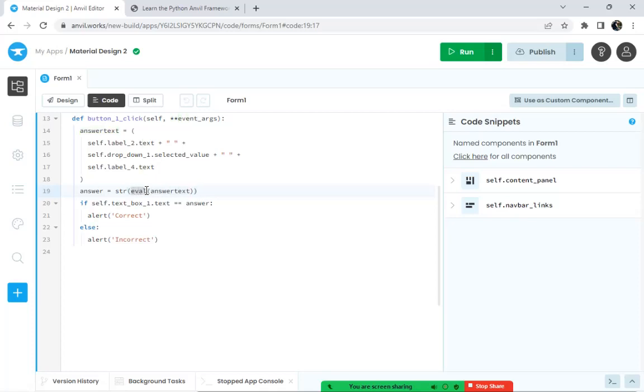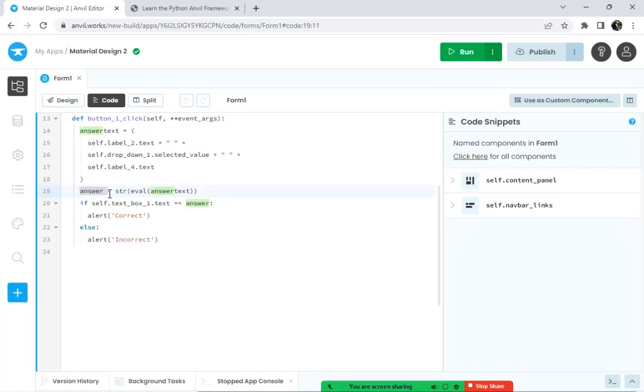Generally, we don't want to use eval. We want to use some more specific safe functions in the AST library. But for now, this is a simple little program running just in the client. It doesn't have any access to our server, so eval is appropriate here. It's going to evaluate this text string that we've created, which is a number and an operator and another number. And that evaluated value is going to be converted to a string, and that entire evaluation is going to be